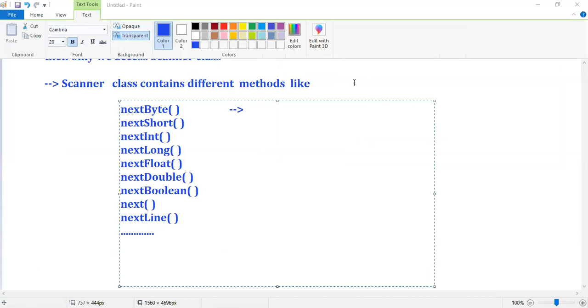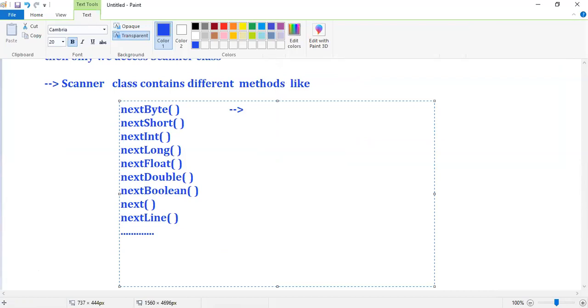Observe, in your Scanner class we have different methods: nextByte, nextShort, nextInt, nextLong, nextFloat, nextDouble, nextBoolean, nextLine. Like this we have different methods available, guys. In this, what is the purpose of nextByte?